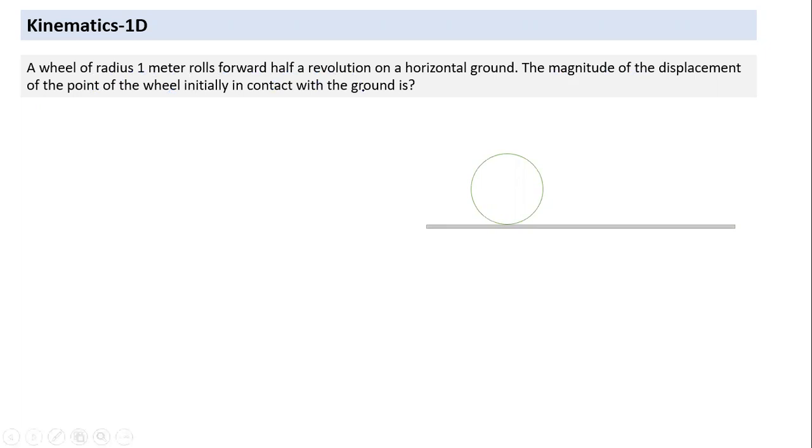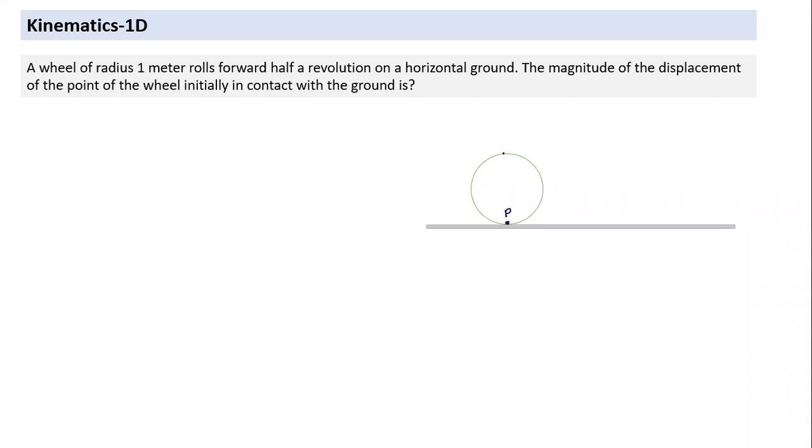So again, it's a motion of a point. Can we mark the point? It's pretty clear here. This is the wheel we have shown. Even if the figure is not drawn, we should be able to draw a figure. And this is the point which is in contact, and this is on the wheel. How would this point move by the time it completes half a revolution?